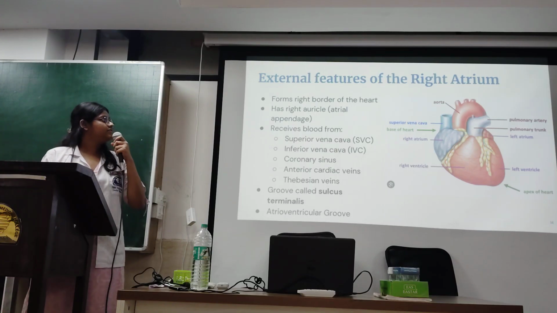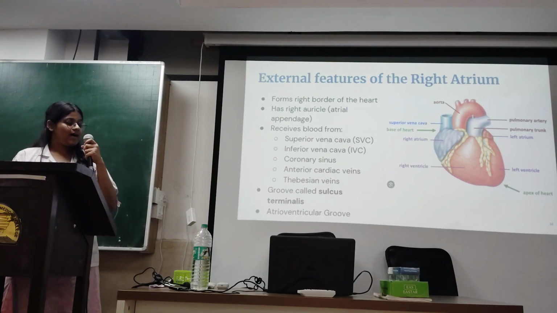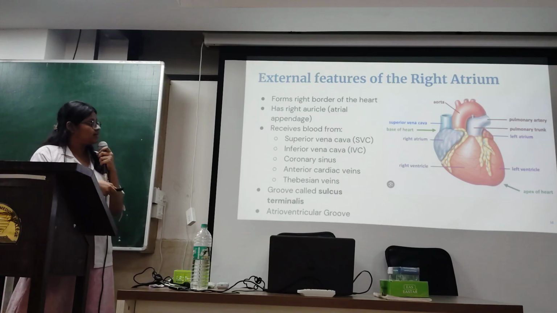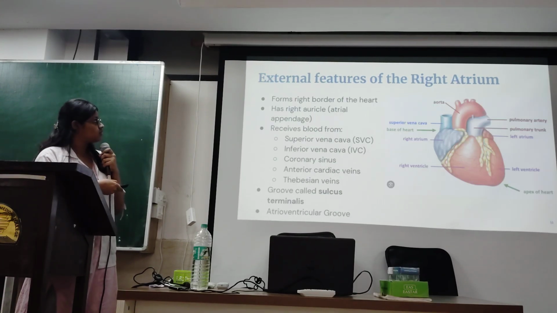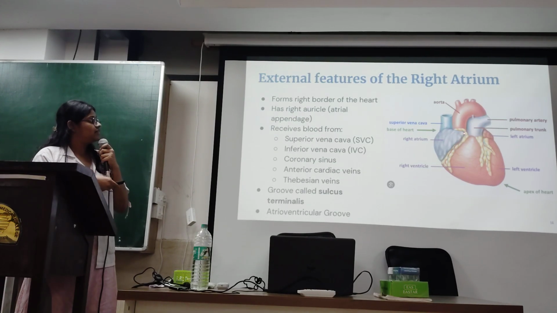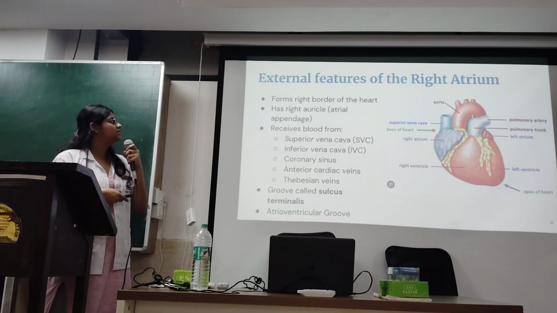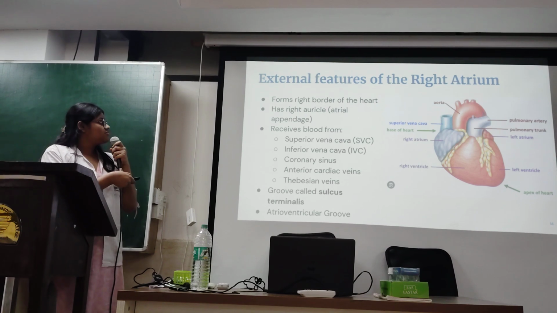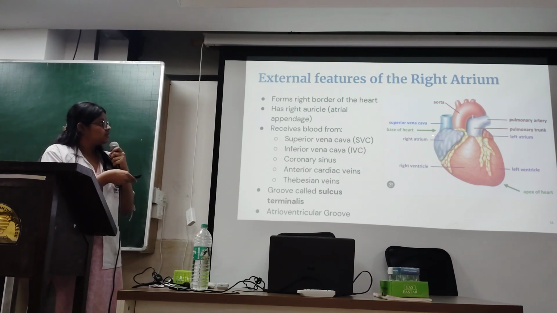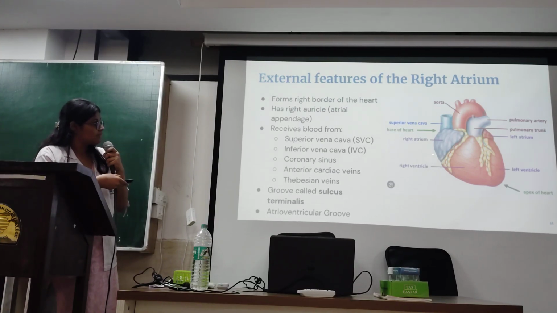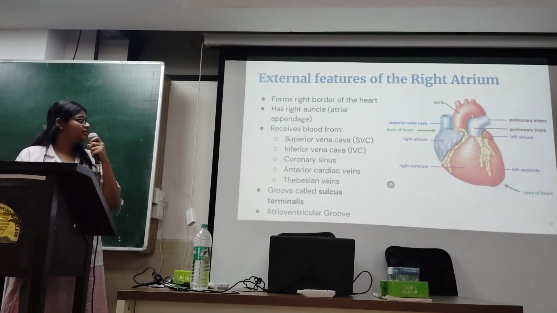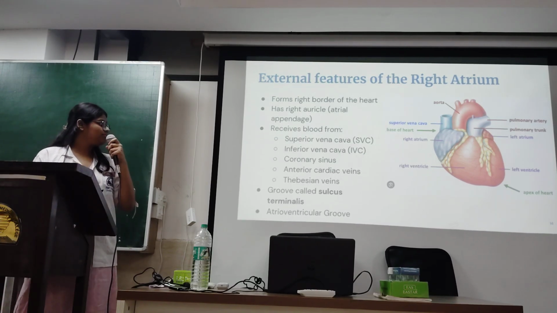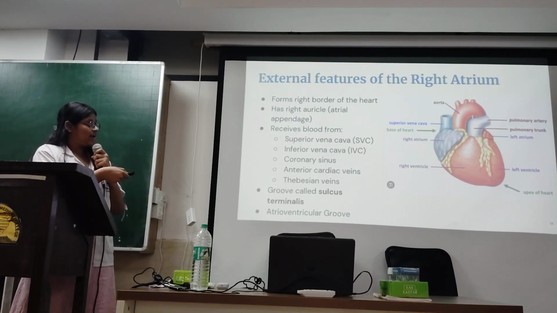So, for the external features of the right atrium, on the left side it forms a lateral appendage. It is known as the right auricle, and it receives blood from the superior vena cava over here, the inferior vena cava. Over here, the coronary sinus, the anterior cardiac veins, the Thebesian veins, and on the right lateral